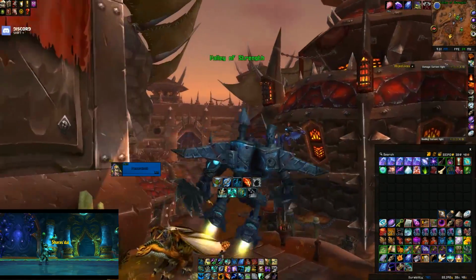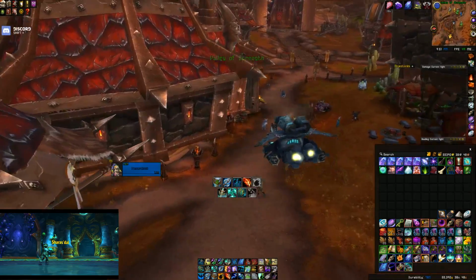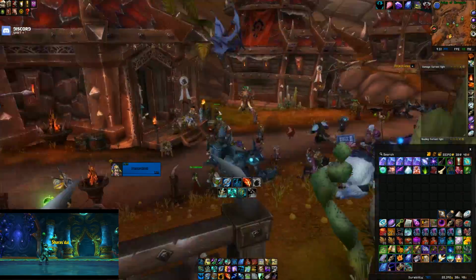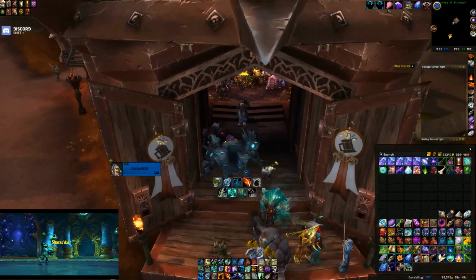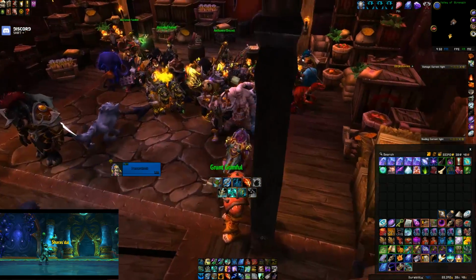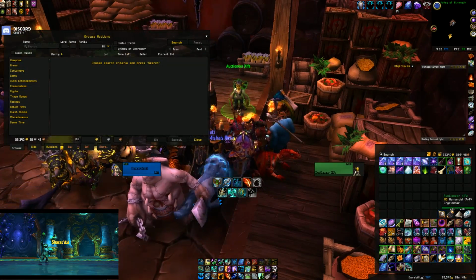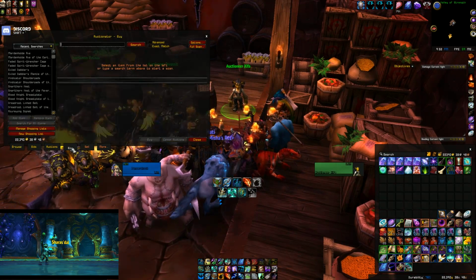I want to buy pets, I want to buy mounts, I want to have things, I want to have stuff, and I haven't had a lot of time to play this expansion, so I haven't been selling my herbs as I've been picking them and stuff like that. But if you head over to the auction house, you'll notice that with Auctionator you have a buy tab and